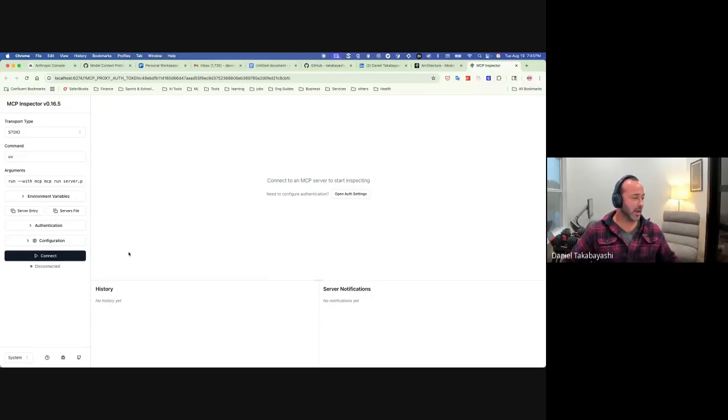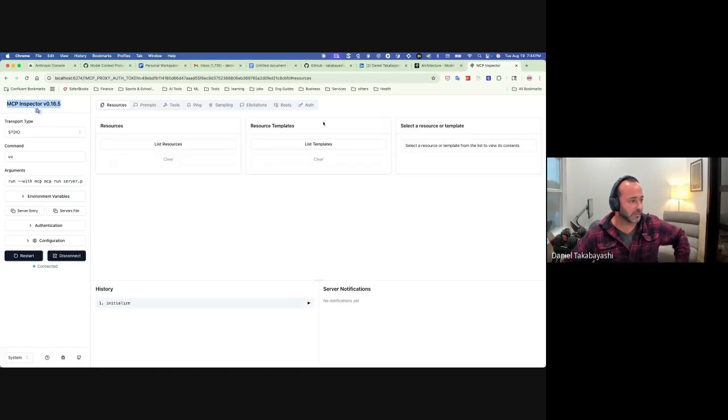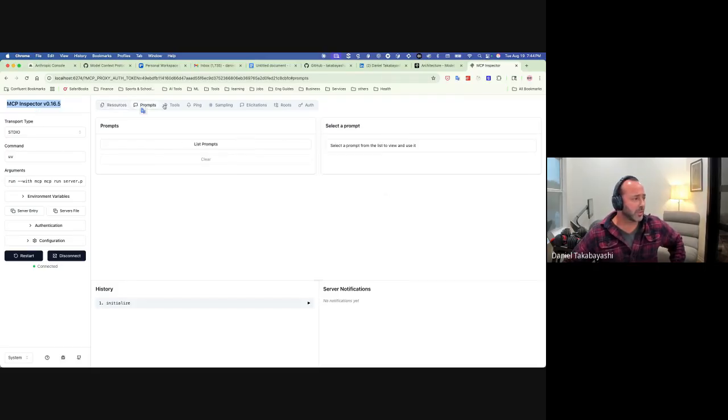Okay, cool. So this inspector is something that Anthropic made available for us. It's very cool. You can pretty much go to your server and just test, and this is how you test. So far, I have resources, I have prompts, I have tools. In my particular case, the server is running locally, right? So I don't need to connect, I don't need to authenticate. So I'm using this as stdio,